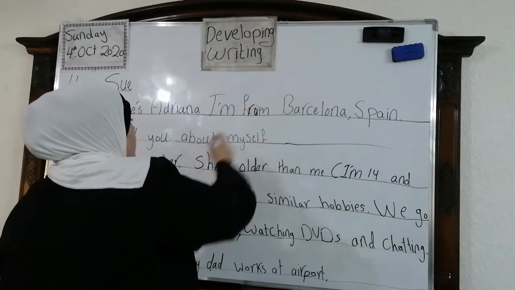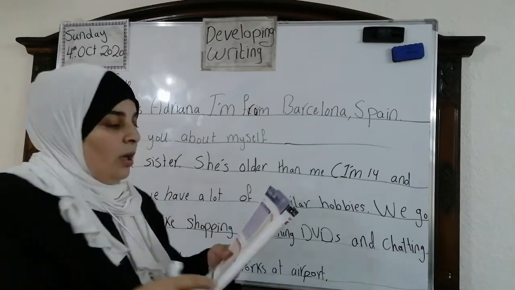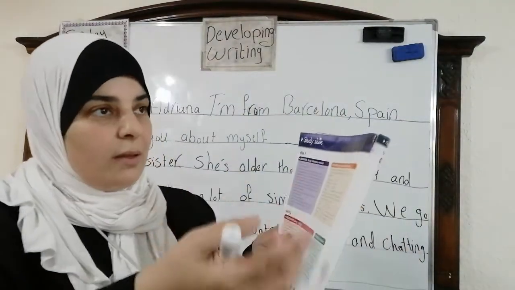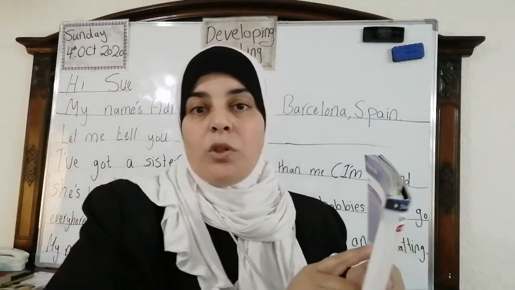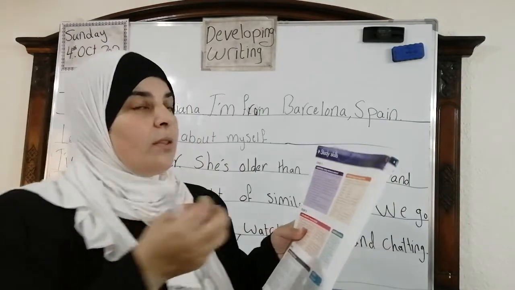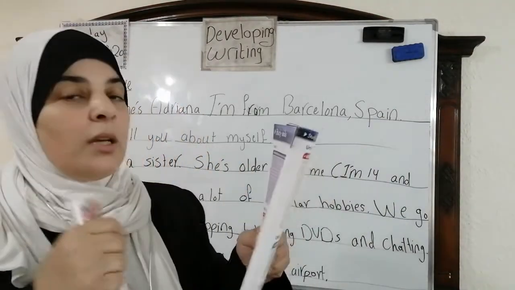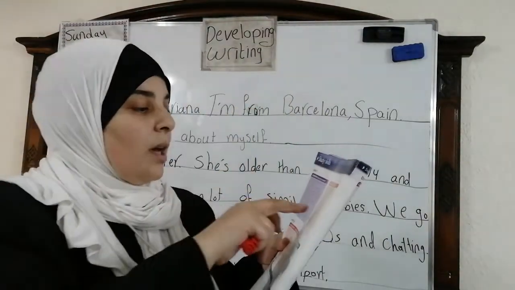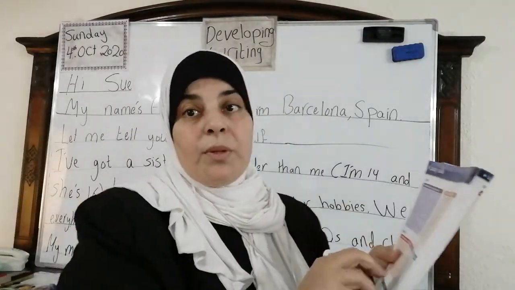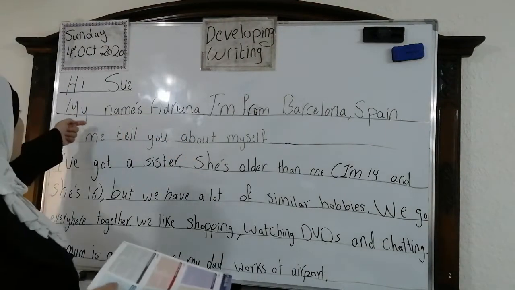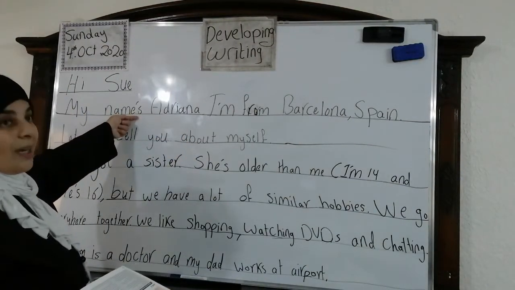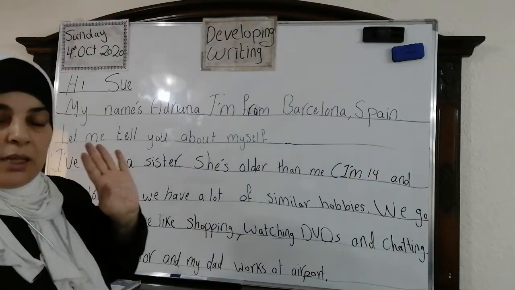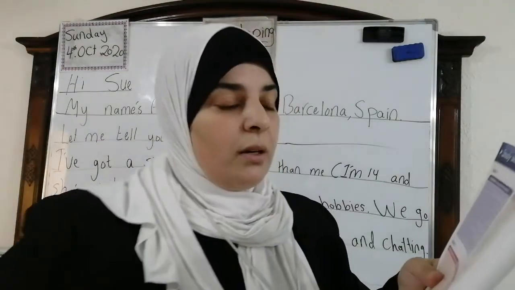Okay, now let's continue. We have the tenses. When you write, for example, about the future, you're going to use tenses in the future. Vocabulary, you have to use the suitable words or the vocabulary that suits the text or the situation. Missing words, maybe when you write you miss a word or something. And agreement between the subject and the verb. Yes, for example, you write, my name is, of course, not are Adriana, okay, because it's singular. You're going to write is. Deal? This is the example of these notes.